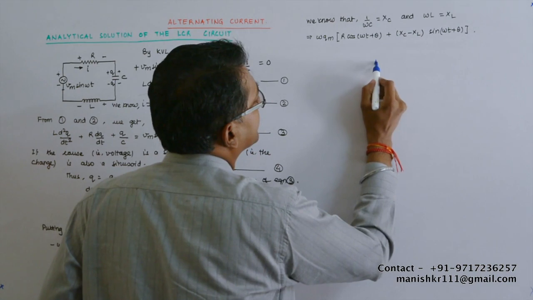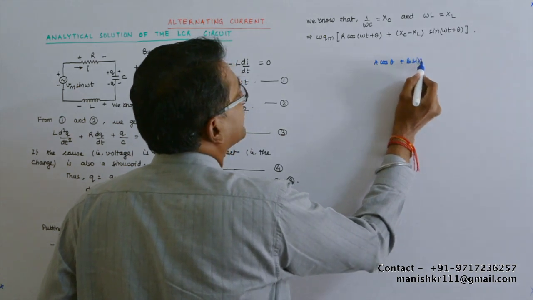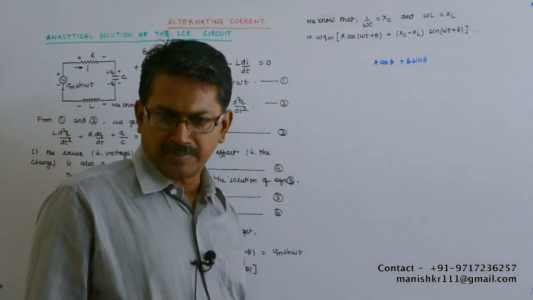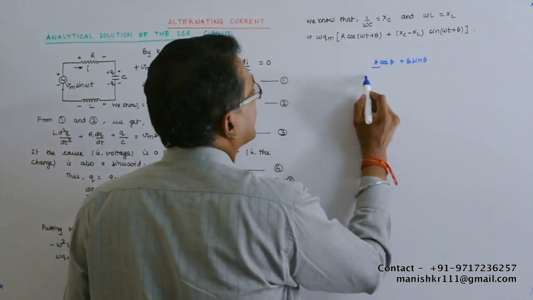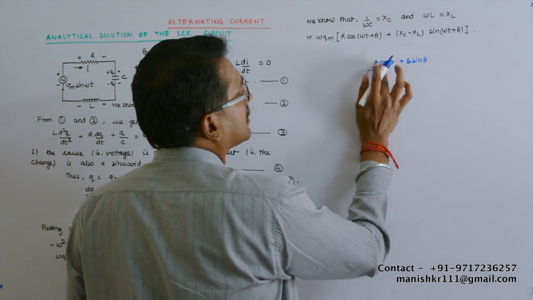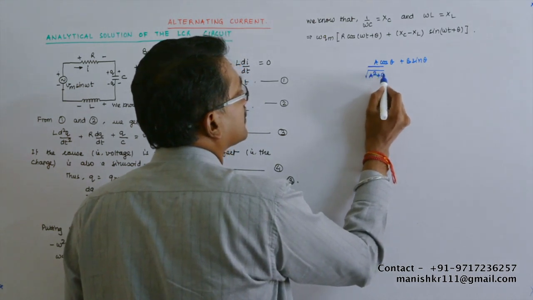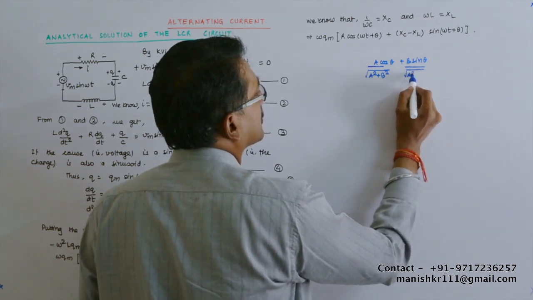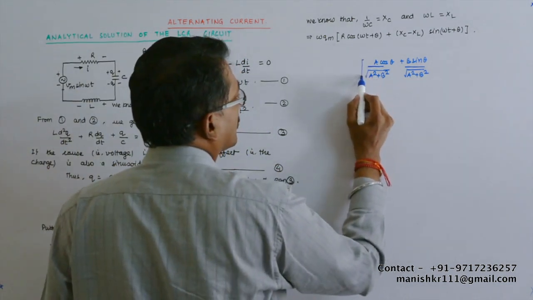If I have something like this, a cos theta plus b sin theta, then a way in which it can be simplified is by dividing this by the root of the sum of square of the coefficients, which is root over a square plus b square, and to nullify this,